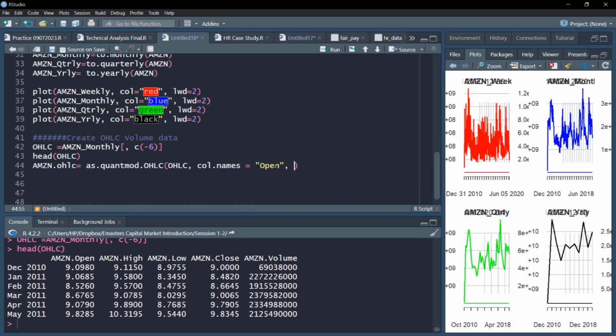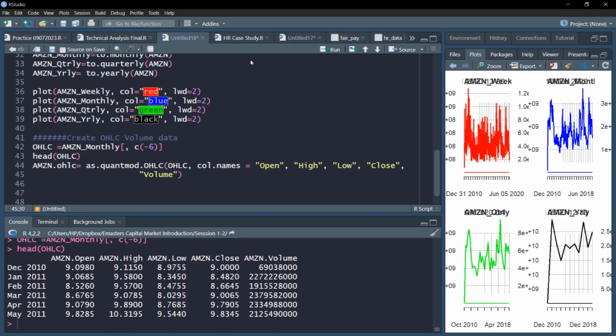Then I know after open I have the high, then I have the low prices, then I have the close price series. Notice that I'm feeding these arguments in quotes. So when you are setting the name of something, it is customary to put it in quotes. Then the volume, so I'm giving argument by argument.